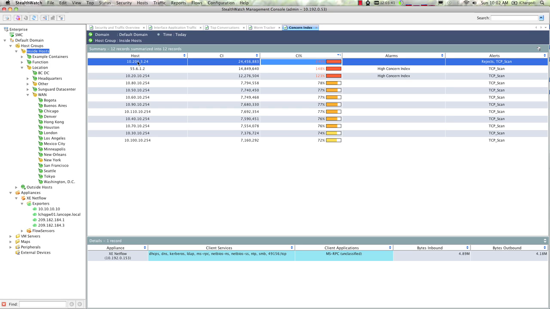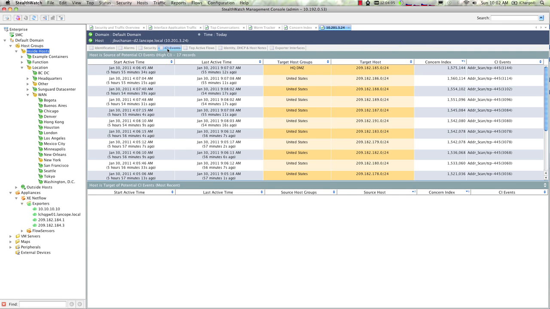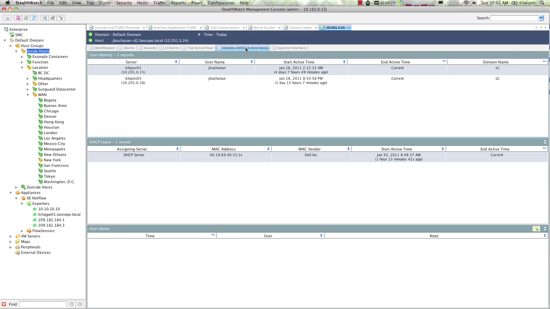Now, to get a little bit further into the investigation, we're just going to double-click on the host and be brought to a host snapshot. This data allows us to understand what's going on with these hosts even when they're deployed at remote MPLS locations. So here, we're able to ascertain that the host is scanning multiple networks within our ranges. He's doing it over TCP port 445, and we can even, using our identity integration, determine what user was logged